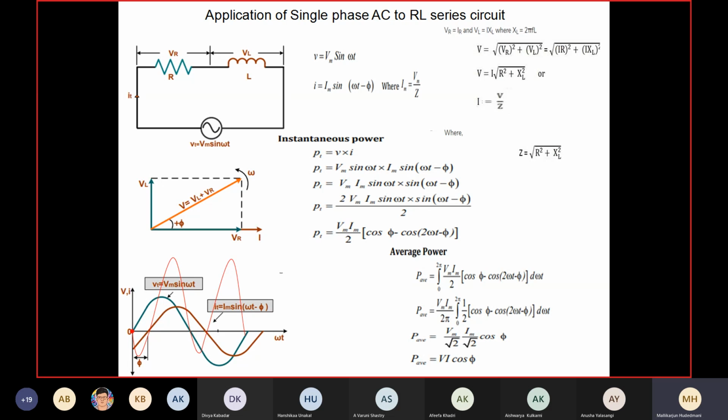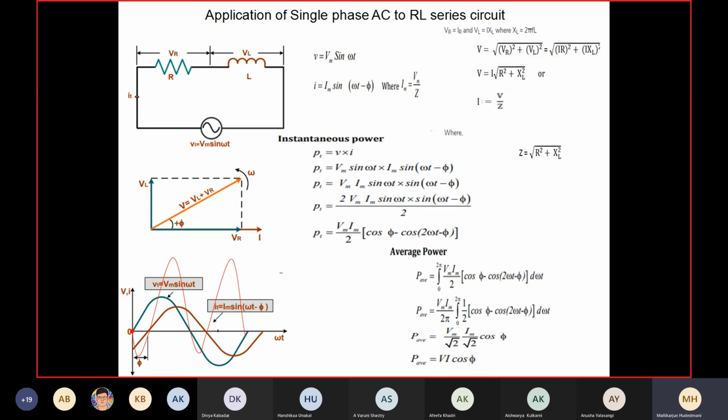Now you got to know a new term: what is cos phi? Cosine of the phase angle. You can see this vector diagram. Where is the phi? Phi is the angle between the applied voltage and the resulting current. The cosine of that says what kind of circuit this is. So this is called the power factor of the circuit. The new term we got from this study today is cos phi.